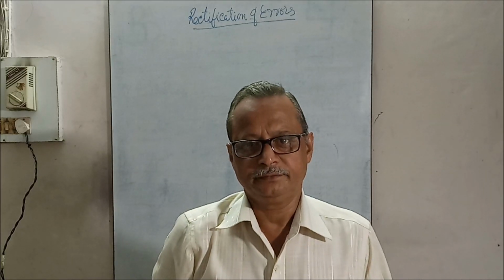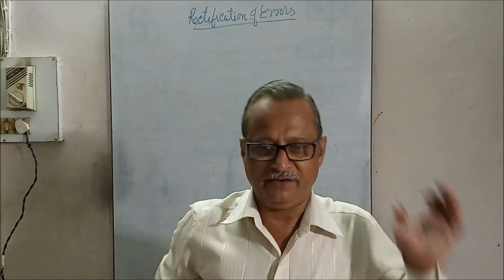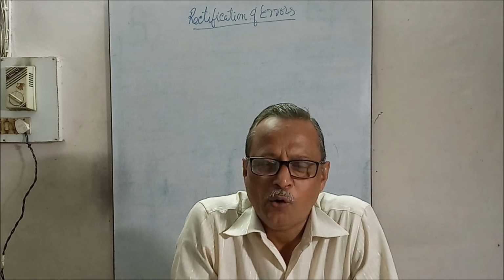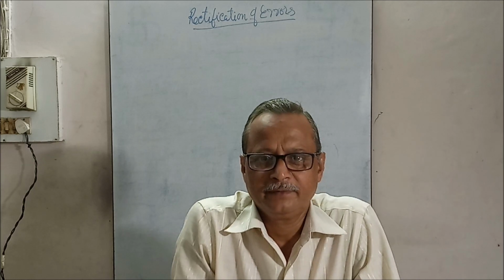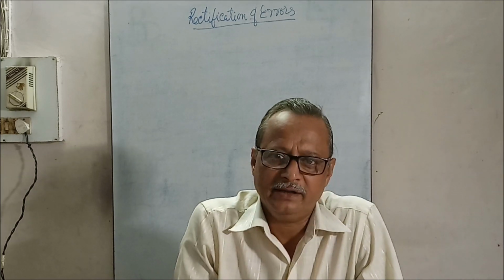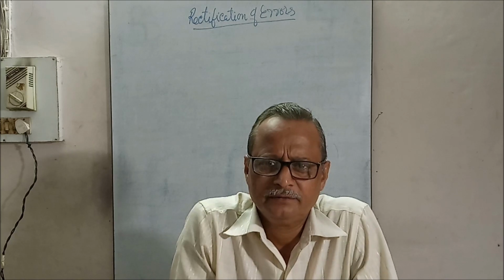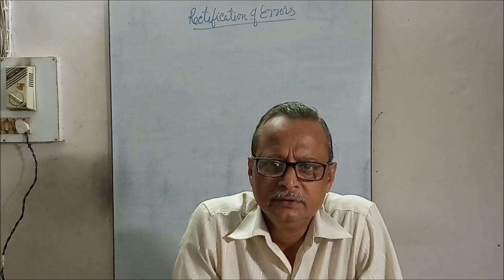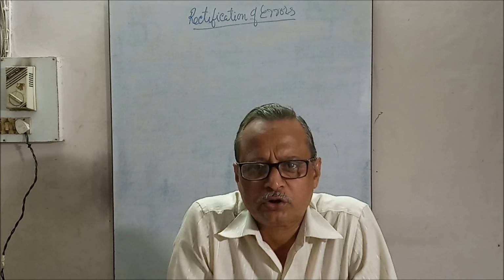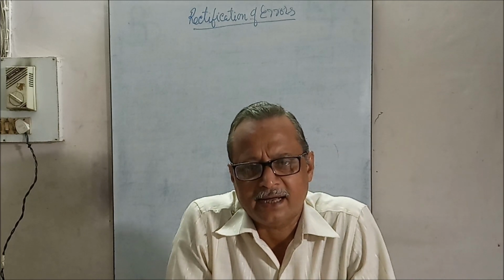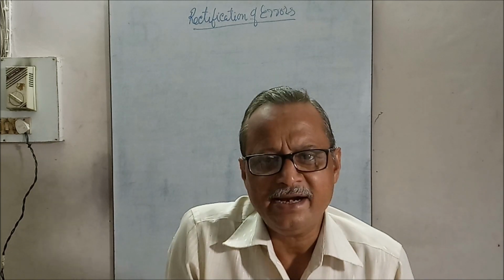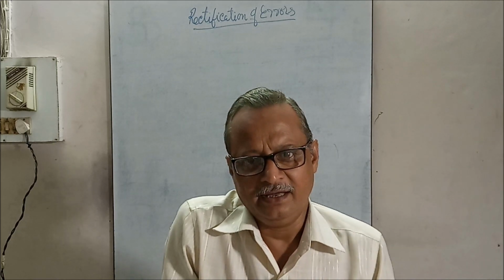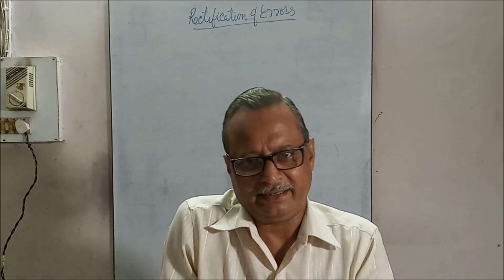Good morning, students. As we are studying the chapter rectification of errors, yesterday we learned how to rectify the single-sided error after preparation of trial balance, and one question we have solved. Now, one more question I am taking from your book, in which both single-sided and double-sided errors are there. That is a composite question of single and double-sided errors. So how to rectify those errors? Just see it and then try to practice on it.